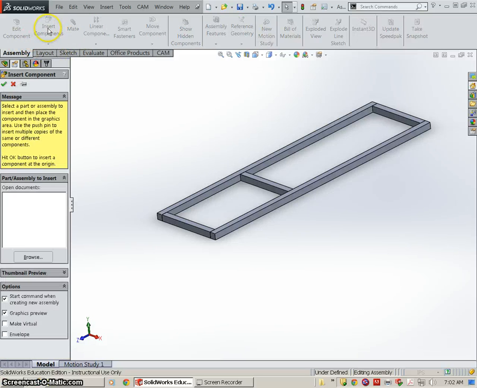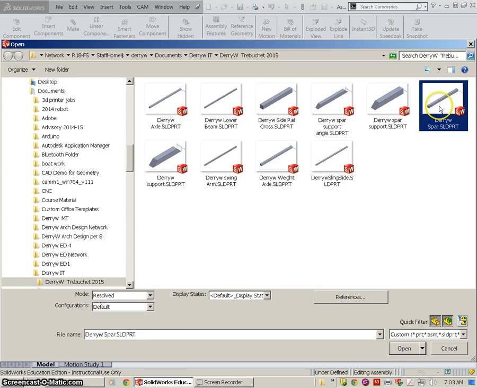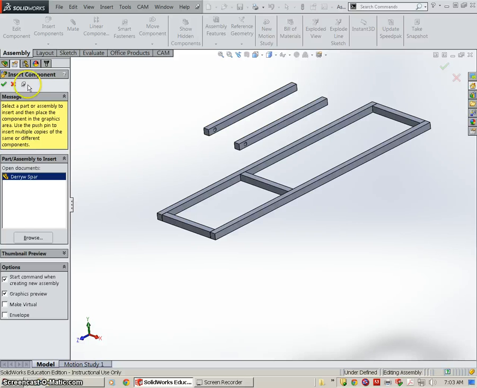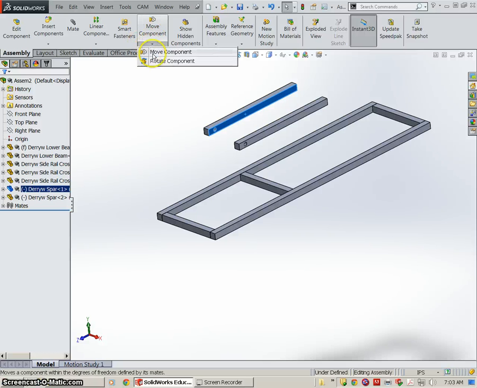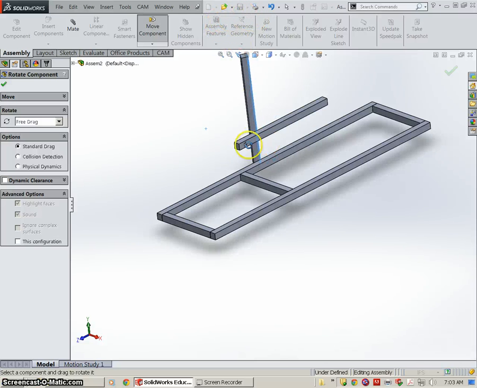So we're going to go to Insert Components, and we're going to pull in our 2 spar supports. I'm sorry, spars. Okay, we're going to grab this guy and hit the pin so that we have 2 of them. Okay, and select them, grab our rotate option. I'm going kind of quickly, but remember you can always rewind these videos and play them at your